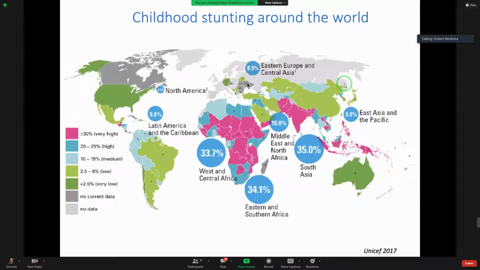So this is how stunting is distributed around the world, and the places where stunting is most prevalent. And you can see almost a very identical pattern as we saw with wasting. So Sub-Saharan Africa and India, Bangladesh, Pakistan, those are real high prevalence countries. But also Indonesia, as you can see, is quite clearly affected more than other countries.